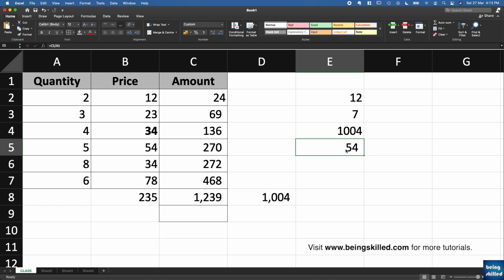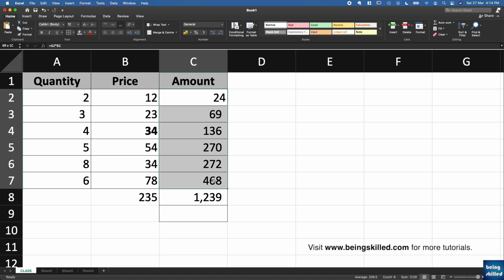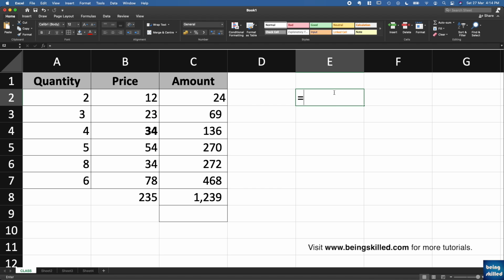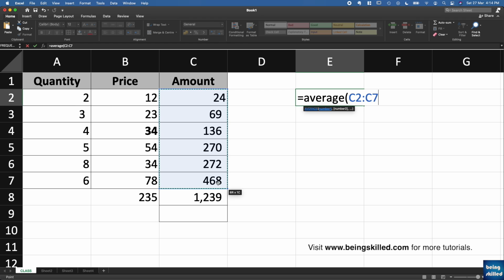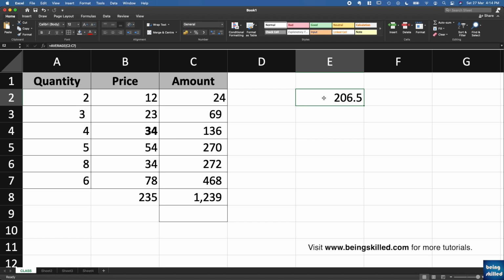So these were the ways using which you could multiply, add, subtract, or divide the numbers. So 4 operations are very important, which we have learned so far. Now we can calculate the average of the values which we have. We have these 6 values, so we will just use the average function and select all of these 6 values, and we have the average now,